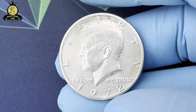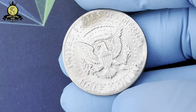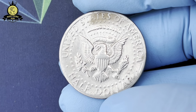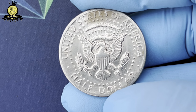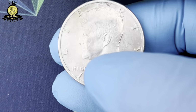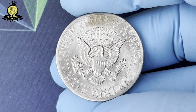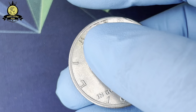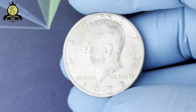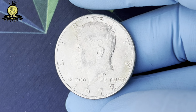In Illinois, a retired veteran inherited a small box of coins from his father, a quiet man who had collected casually during the 1970s. Inside, among pennies and dimes, was a 1972 D Kennedy half-dollar with an unusual brilliance. After submitting the coin for grading, the results were shocking: MS68. The coin, one of only a handful known at that grade, was later sold to a private collector for over